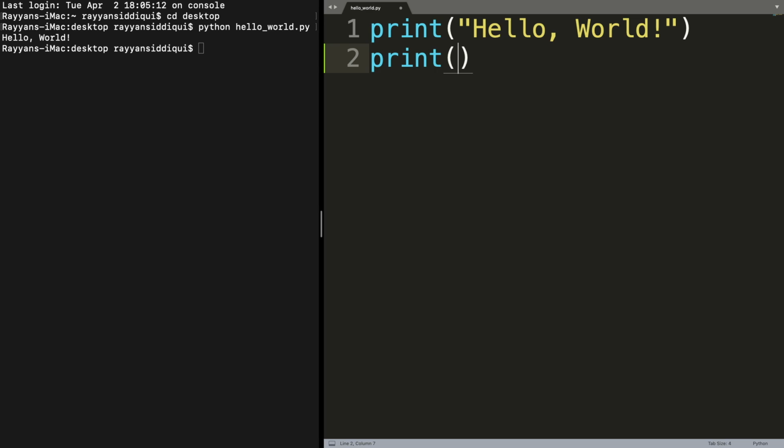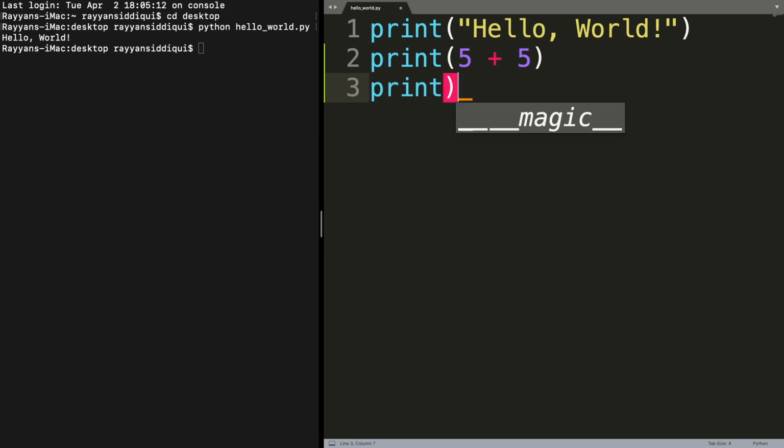So let's just perform a simple addition operation. Let's do 5 plus 5. Let me add some spaces so it's clear to read. Let's print another one. Let's print the result of